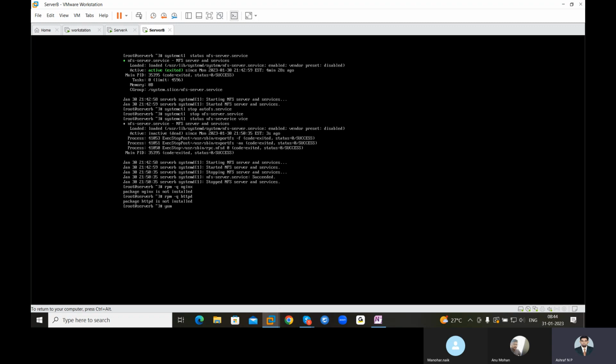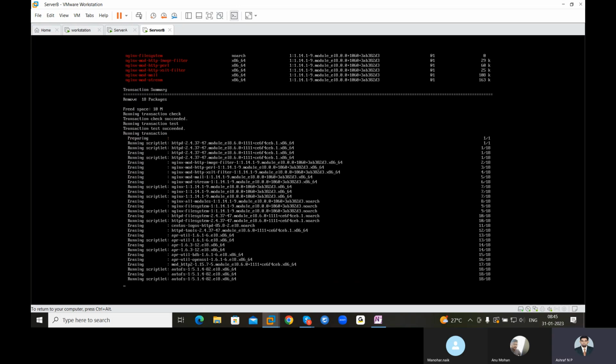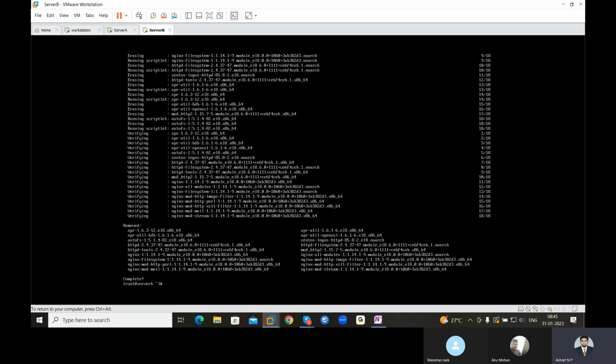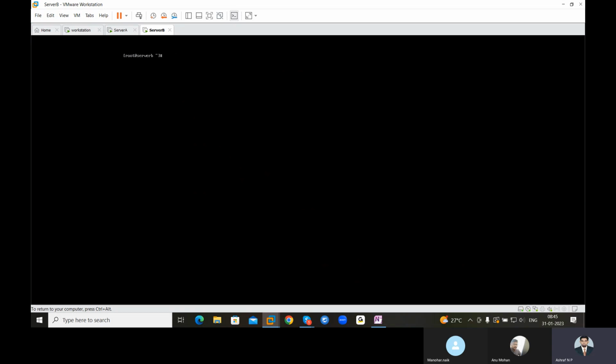I'll just remove autofs, httpd, nginx -y. Removing three applications at once, all removed. Sorry, not installing, removing. Okay, rpm -q autofs, not there. Now I'm giving a command to install autofs, then autofs will get installed, right? You know why? Because there is a local repository in this machine.